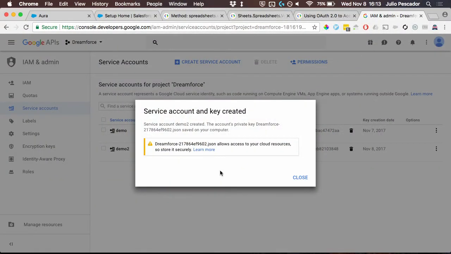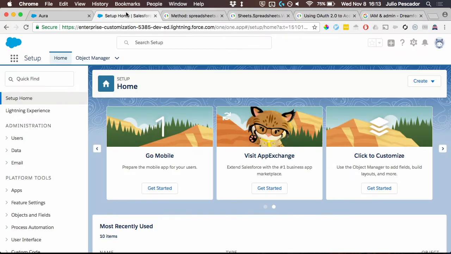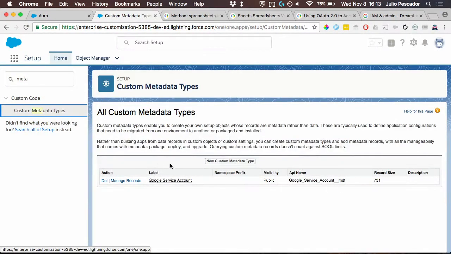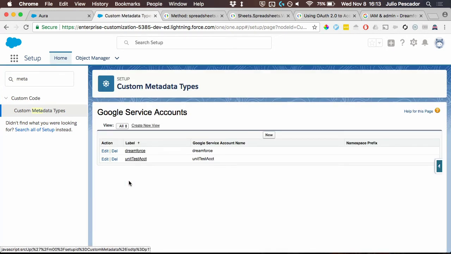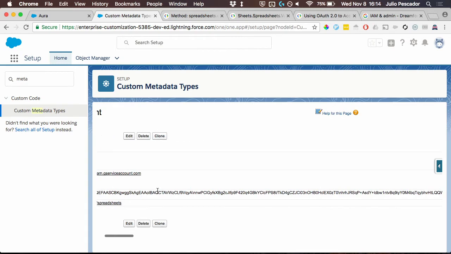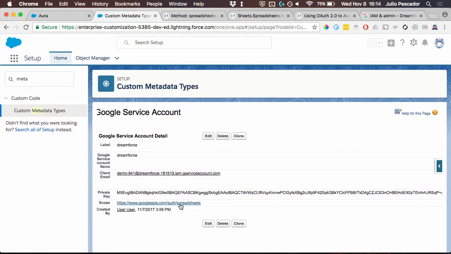So the next step is we'll then go into our Salesforce instance. And now I'm going to select custom metadata types under setup. And then if I select the custom metadata type called Google Service Accounts, I'll go ahead and select Manage Records. And you can see that we have our record called Dreamforce, so I'll select that. And you can see that we have our information for our demo, the email, as well as the private key set up. And then the scope,